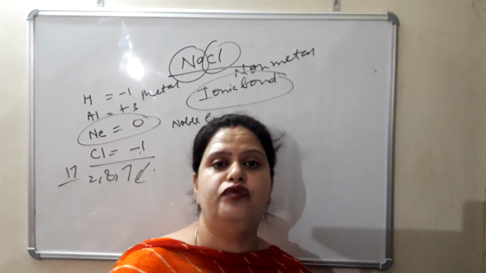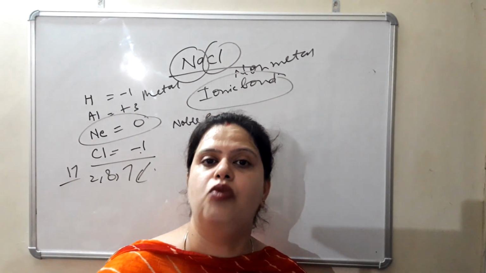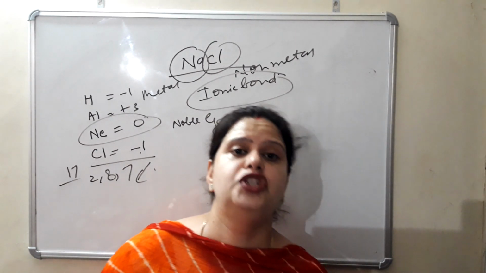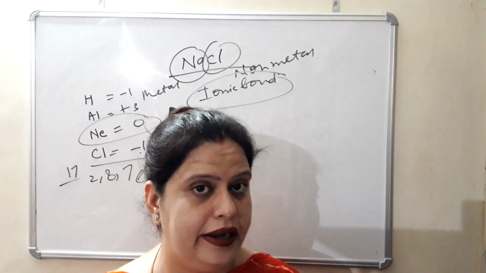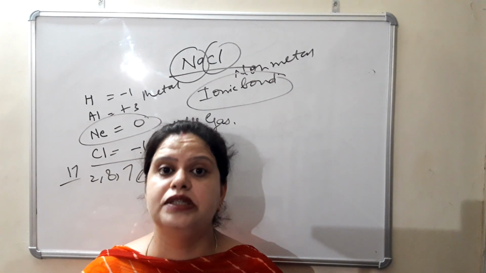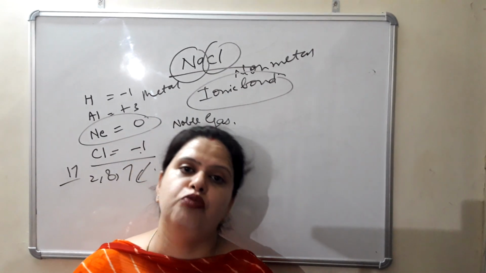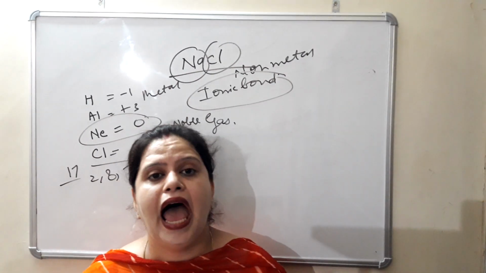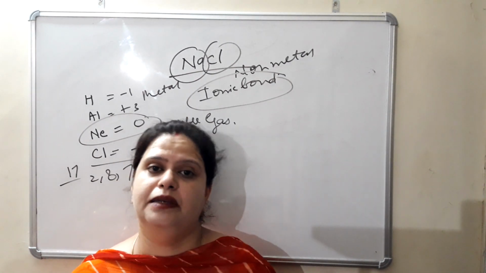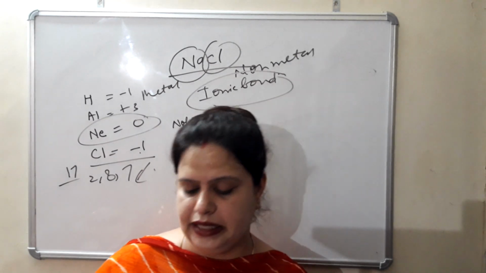In the very beginning of this chapter, we discussed this point. Dalton's atomic theory states what? It states that energy can neither be created nor destroyed. Again, I am reminding you, I am not talking about nuclear energy, I am talking about chemical reactions. Next point, matter is made up of smaller particles called atoms, and an atom is indivisible in nature, according to John Dalton, according to Dalton's theory.